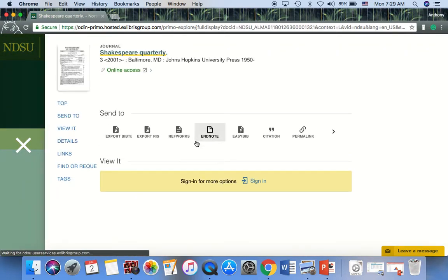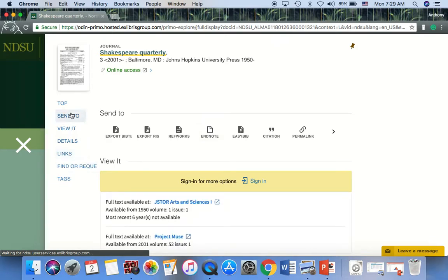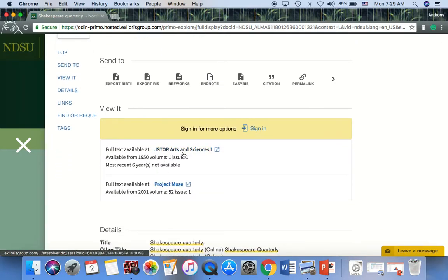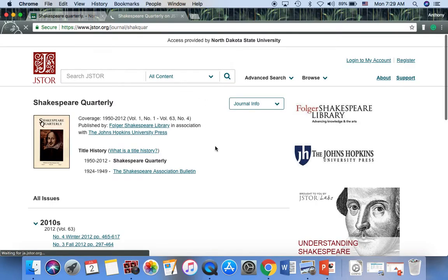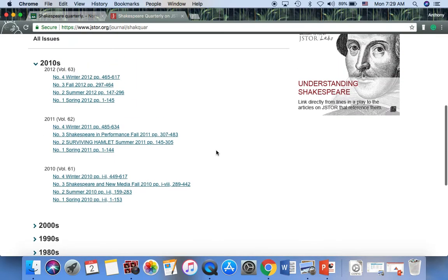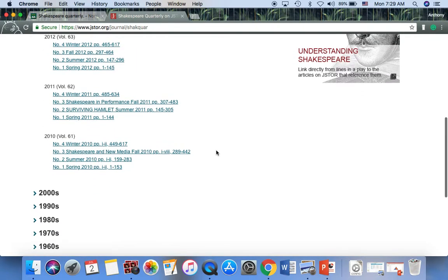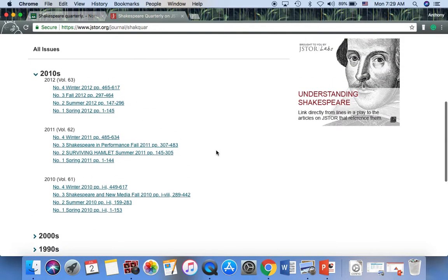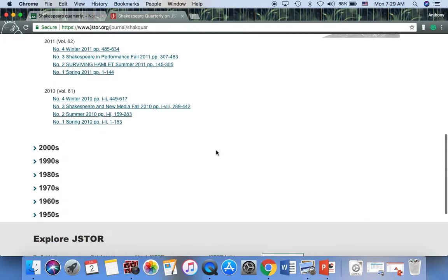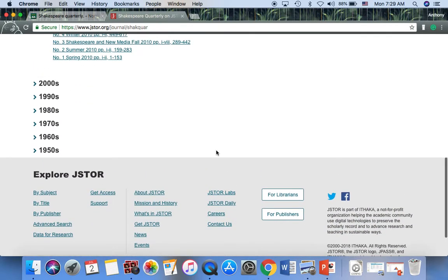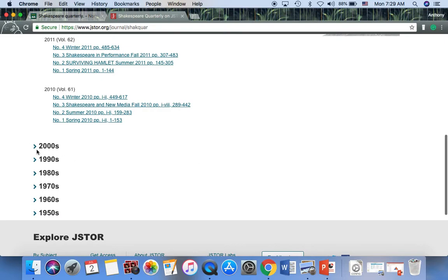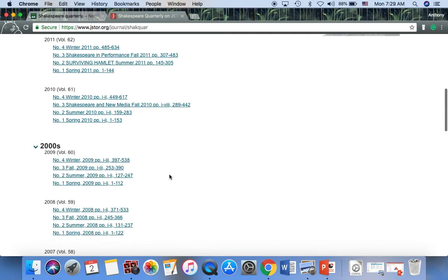And the library will bring me right to a database that has that journal on it. Right? And now I've got all issues of that journal from the 2010s all the way back to the 1950s. Right here at my fingertips.